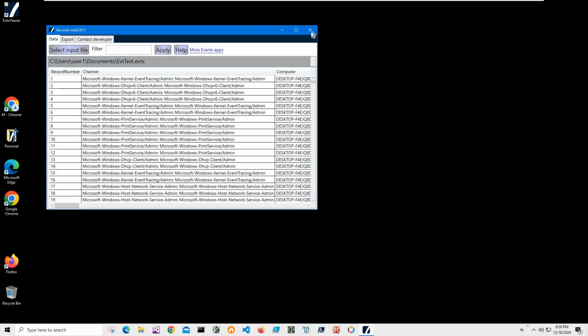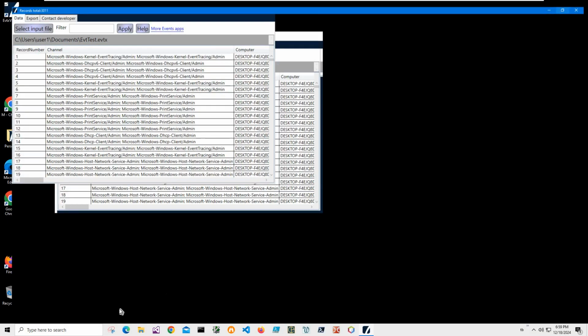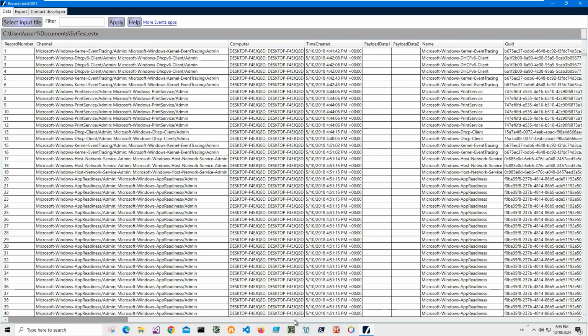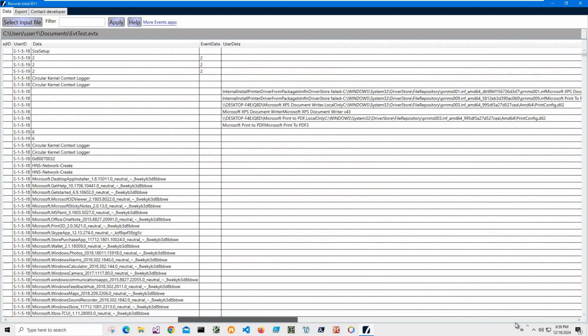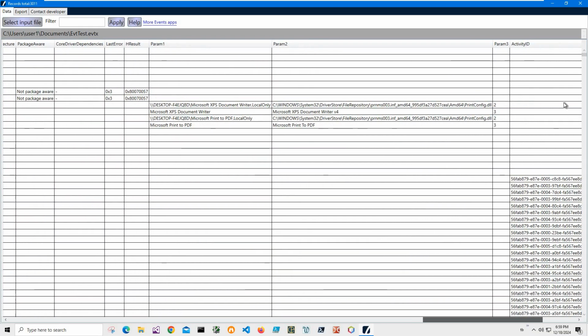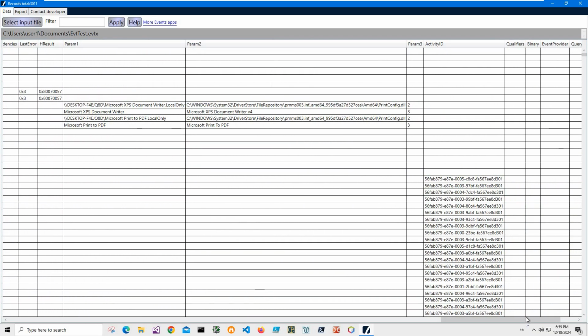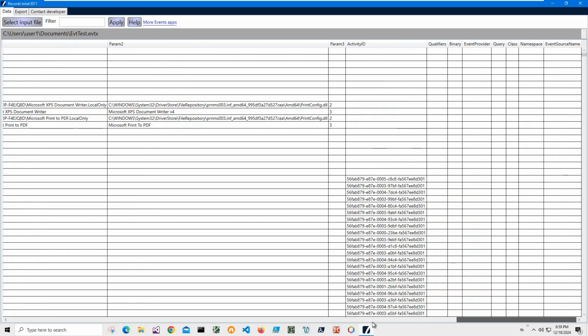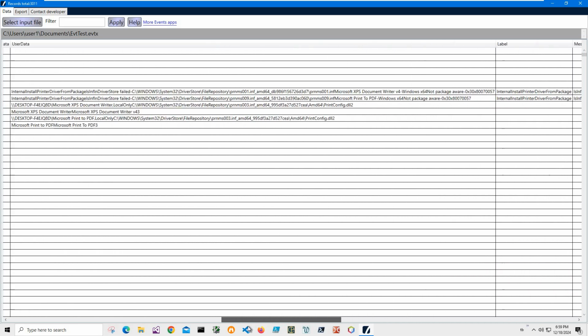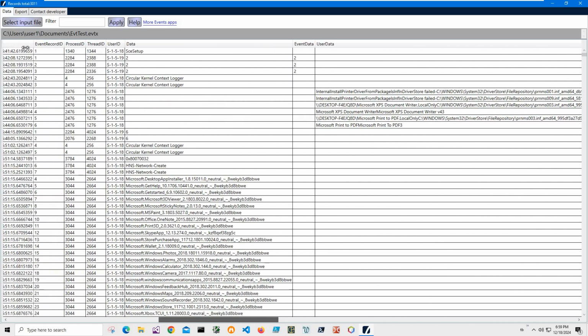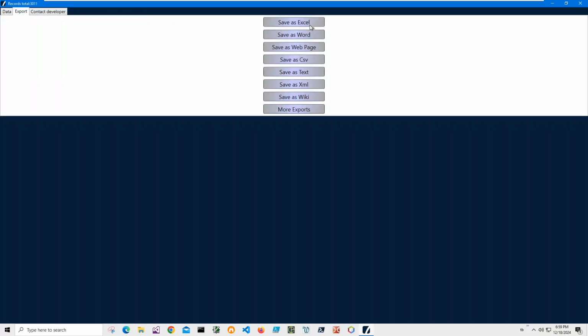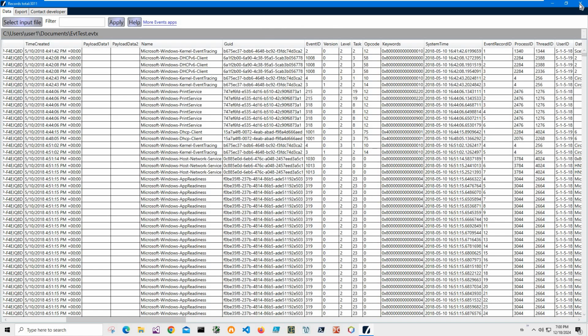And you can see 3,000 records, and it is basically showing everything at once, with all the data in it, with all different fields for different types of events. And also I can export into a Word document, CSV, text, and different formats as well. And there is another way to